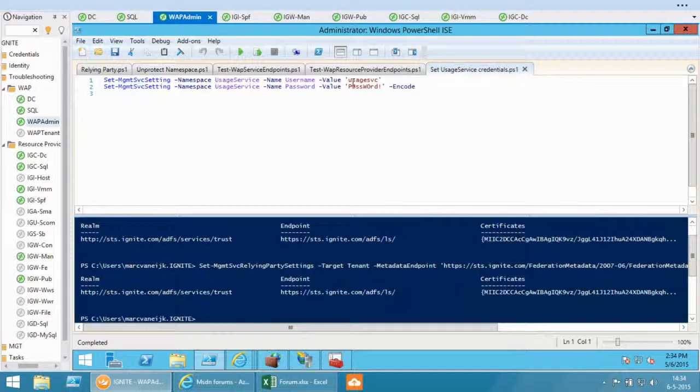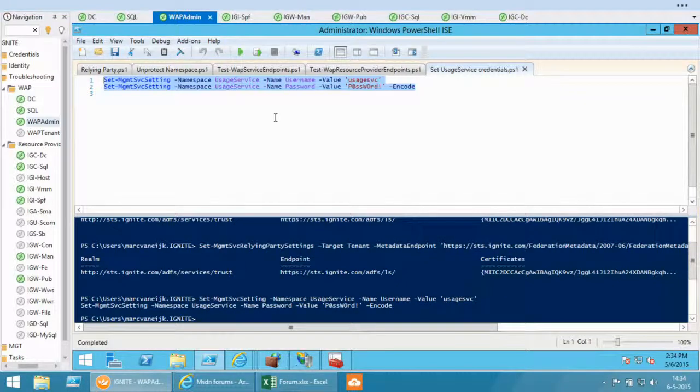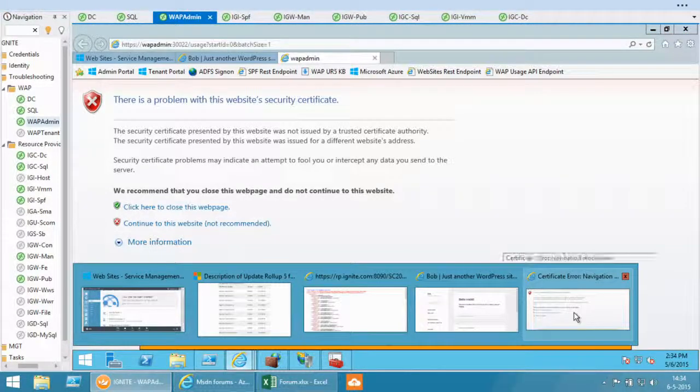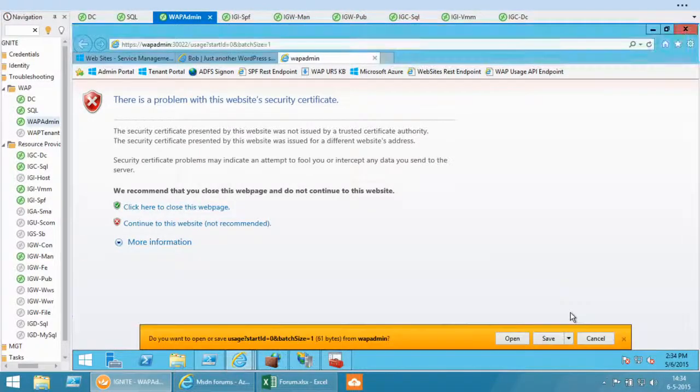By running these two commands, you even have the password now, and that will actually set this user account with this password for the usage API. So if I go back and then execute that URL again,